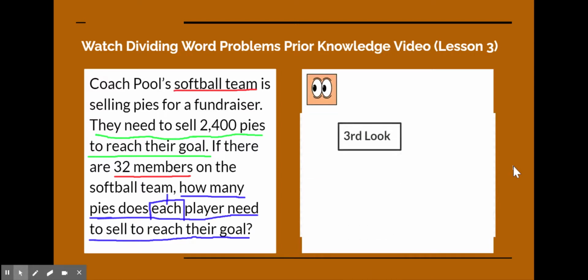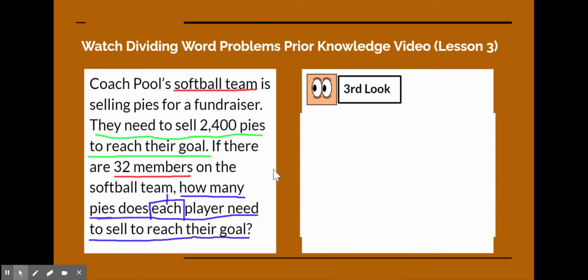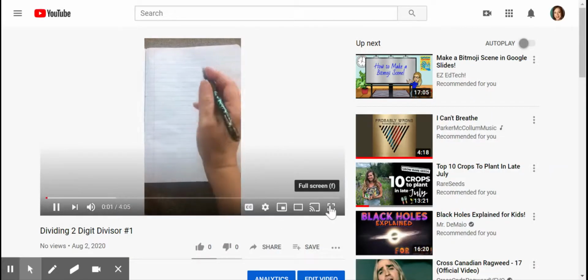So moving on to our third look. Coach Pool's softball team is selling pies for a fundraiser. They need to sell 2,400 pies to reach their goal. If there are 32 members on the softball team, how many pies does one player need to sell to reach their goal? And we know from the question asking about one player, one group, or one thing, and from our model in our second look, that we are dividing. From our problem, we know that we are going to divide